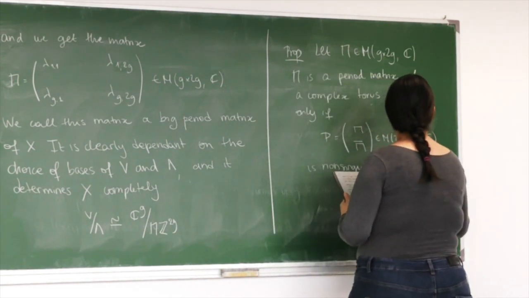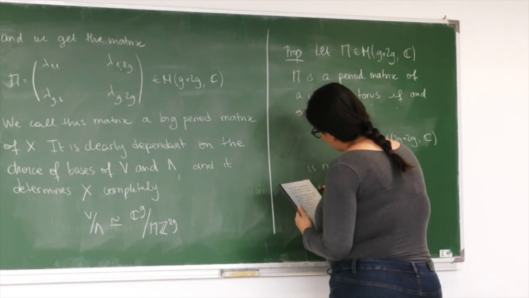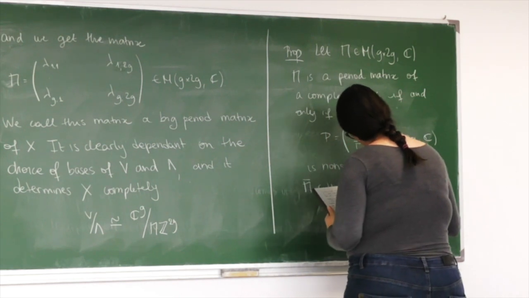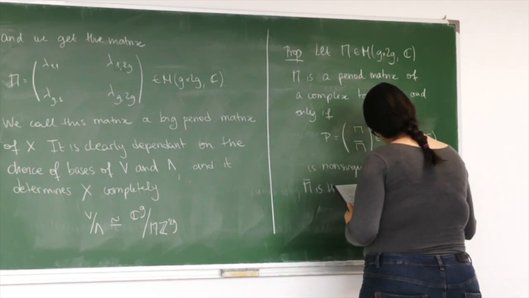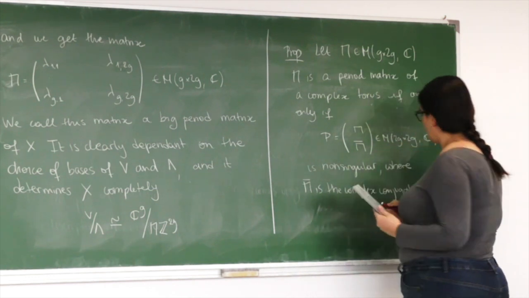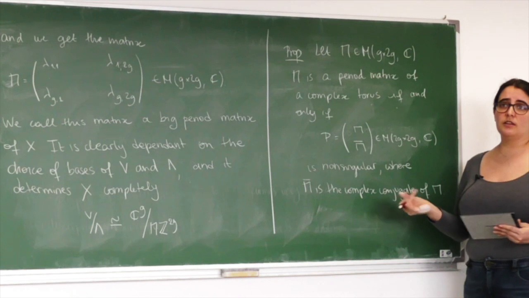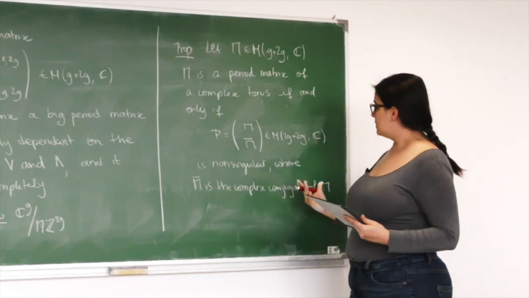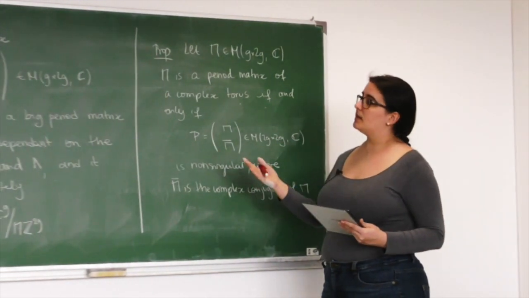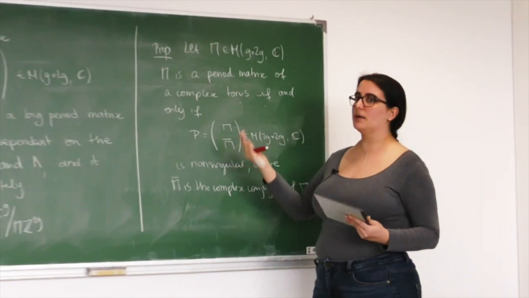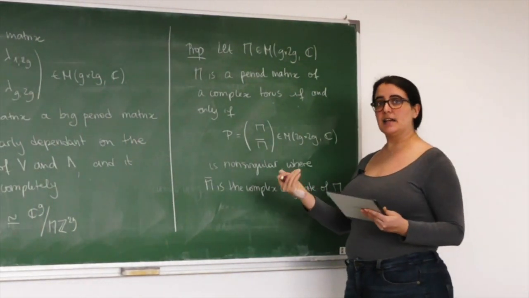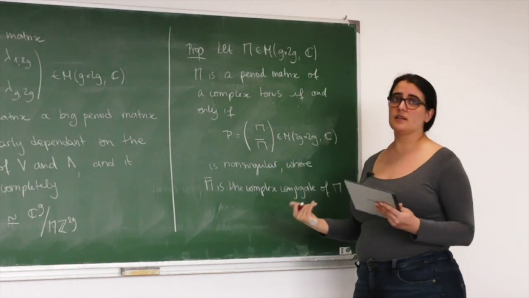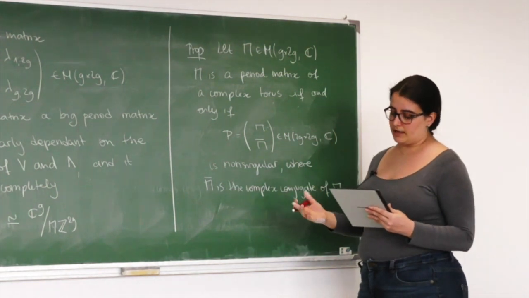Where, as I was saying, P bar is the complex conjugate of P. So the idea behind this proposition is exactly what you would think. You build this matrix, and the fact that it is non-singular means exactly that we have a vector space of dimension g and a lattice inside that is of full rank. You can try to write the details as an exercise. I will also write a reference